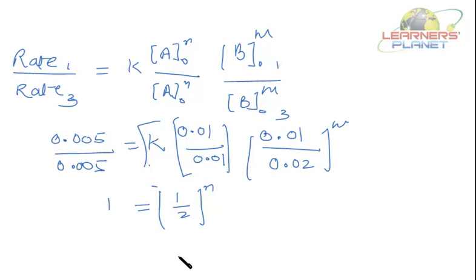Now you can say that rate is independent of the change in concentration of B. Here, the concentration of B has been changed from 0.01 mole per liter to 0.02 mole per liter, but there is no change in the rate of reaction. There is no change in the rate of reaction when the concentration of B is changed. That is, the rate is independent